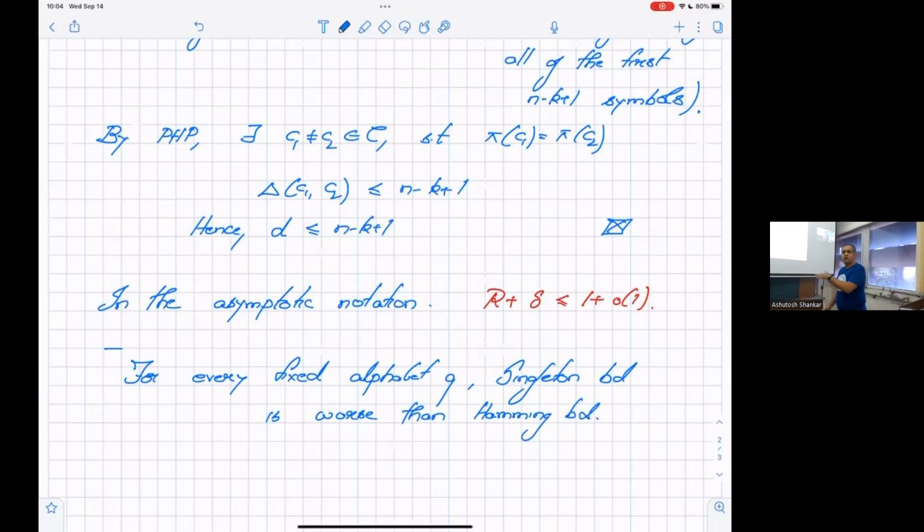The Hamming bound is convex. The Singleton bound is a straight line. You can check that there is a function, it will always be, for every fixed q, it will be. But the point is, it's not fair to compare. But surprisingly,